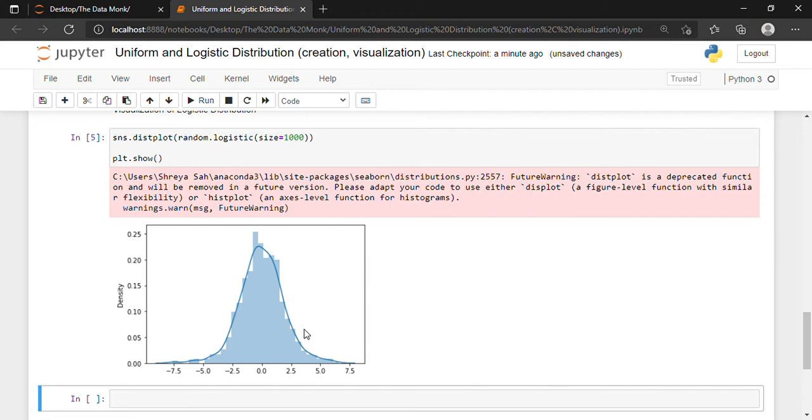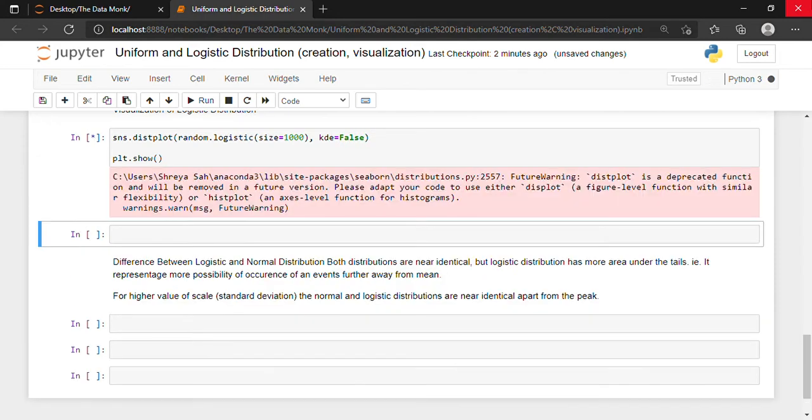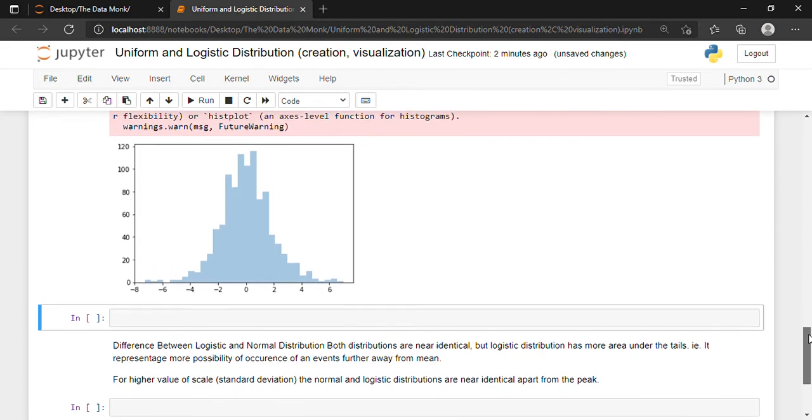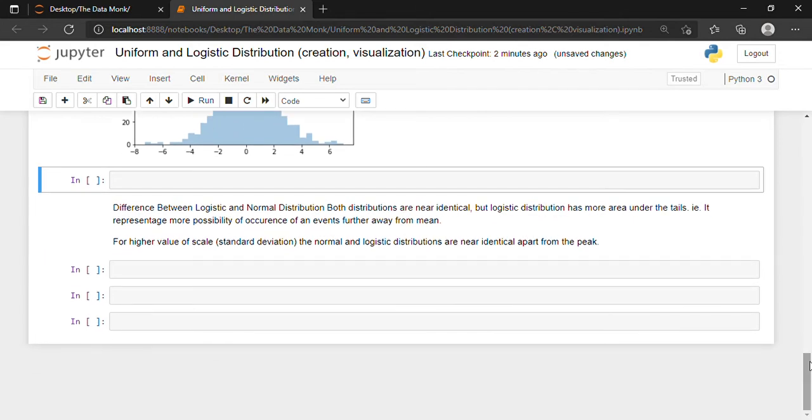And if we do not want to see the curve, the blue line, and we only want to see the histogram, then we will write kde is equal to false. Shift and enter, and this time we do not see the blue curve, we only see the bars of the histogram.